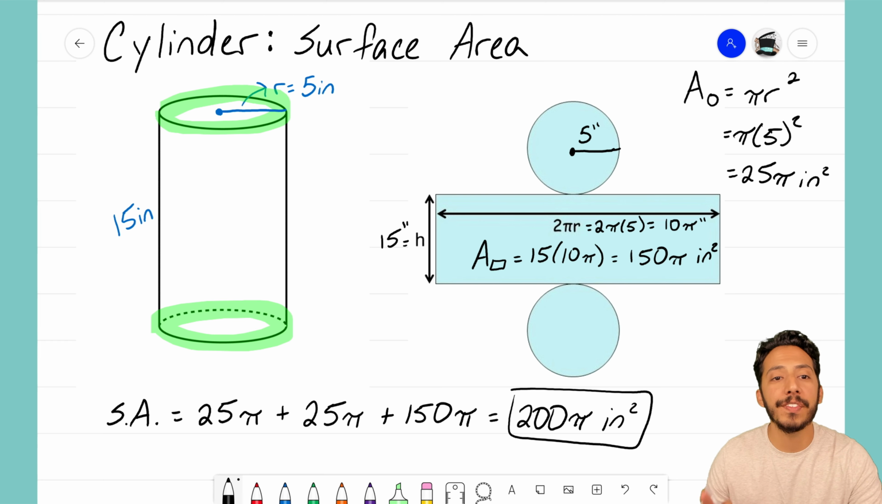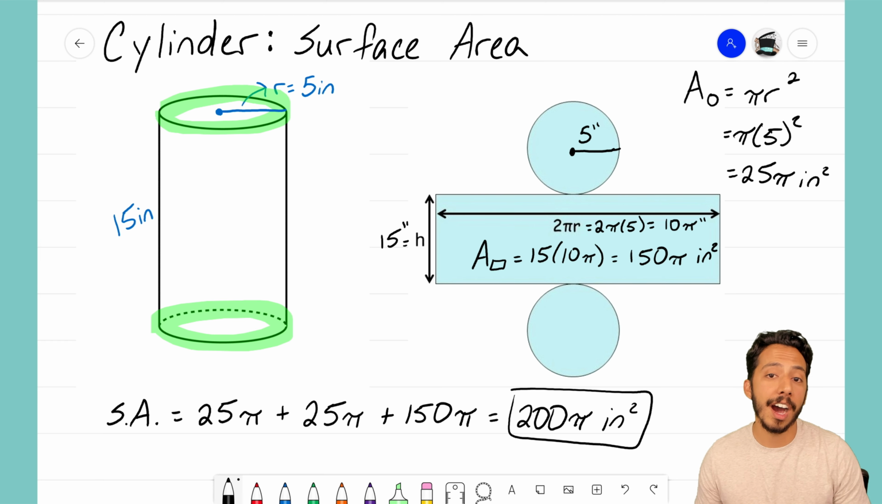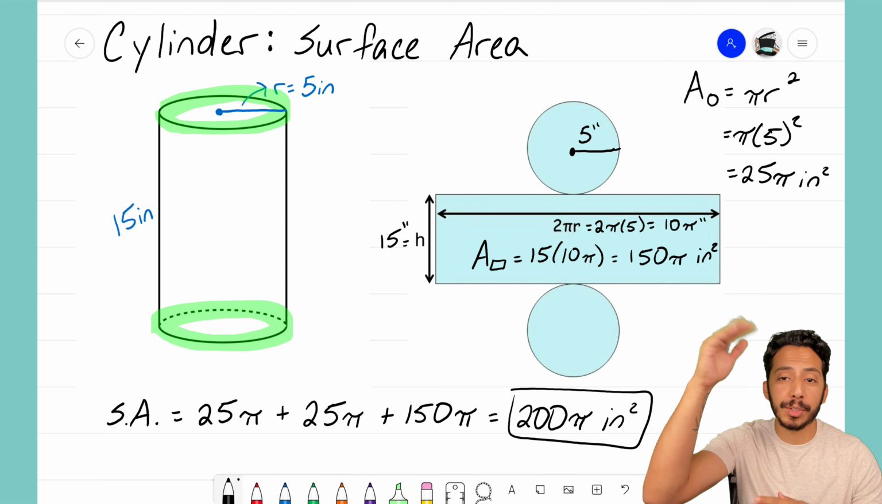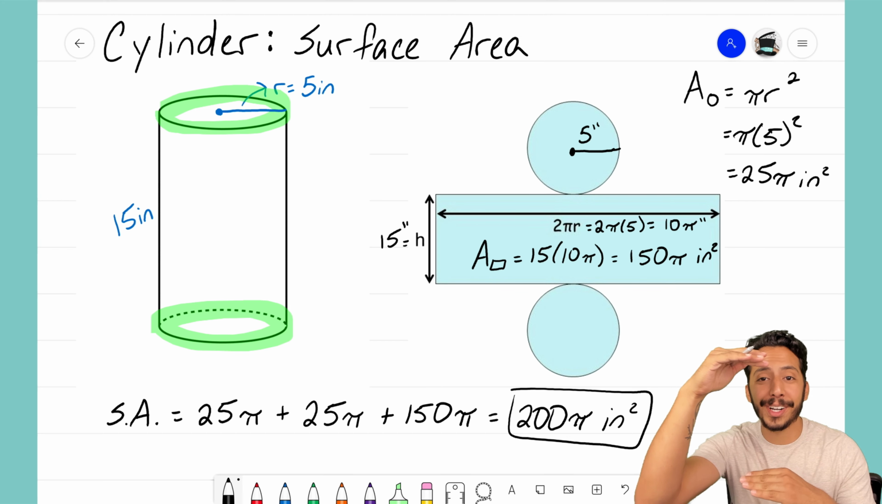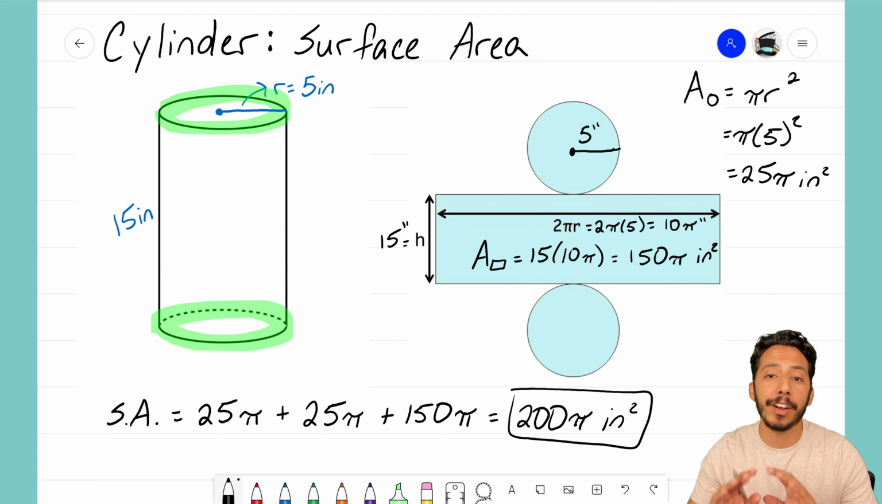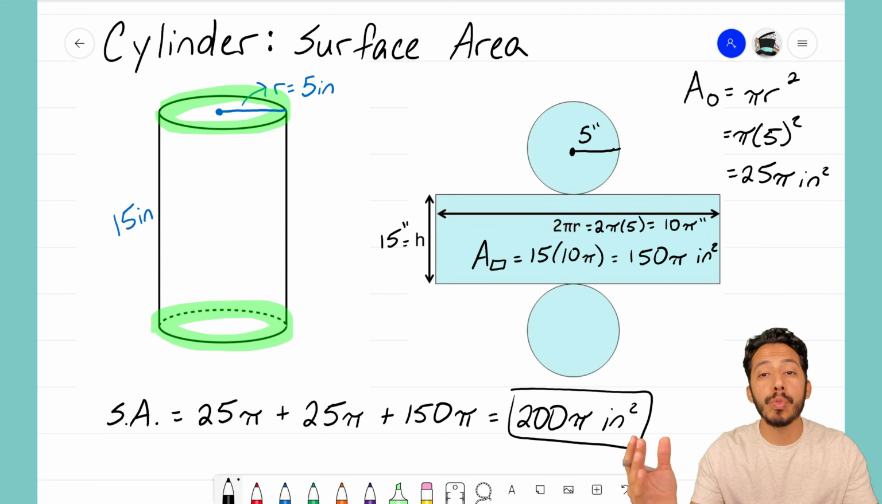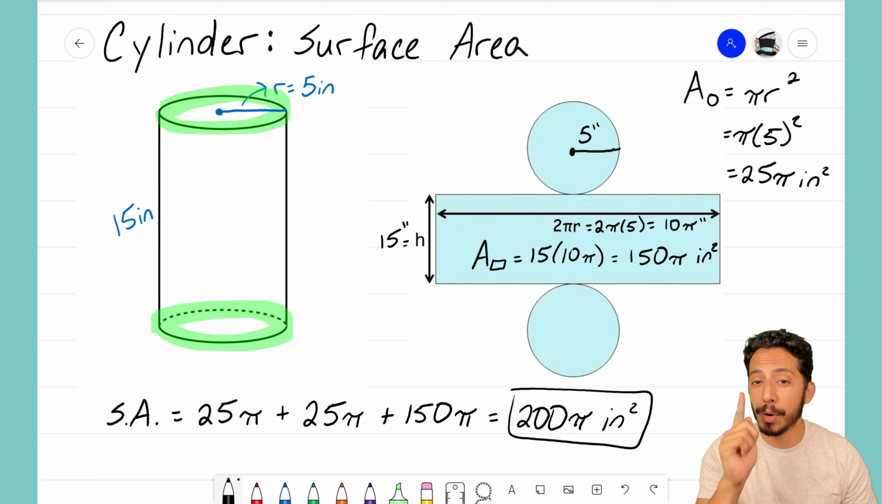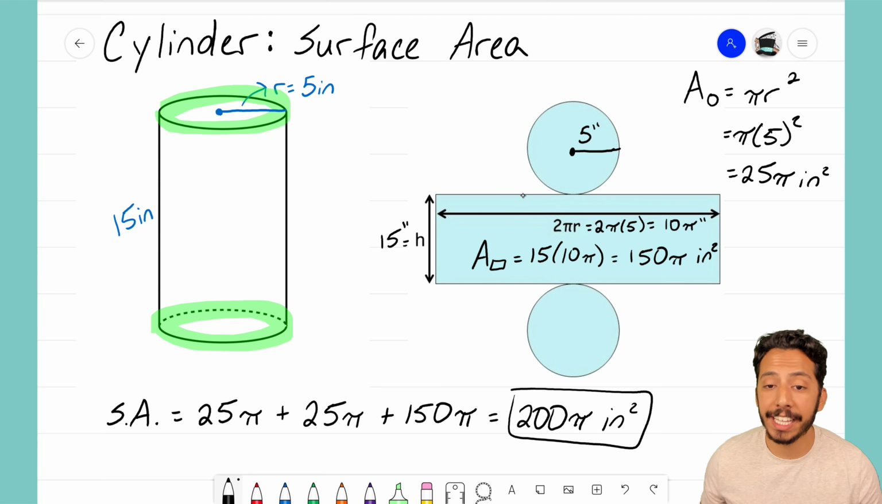And that is how you find the surface area of a cylinder. Two things you need. First, the area of the circle on top. It's the same as the area on the bottom. Then you've got to find the area of the rectangle wrapping around the cylinder. Remembering that that length across the rectangle is the